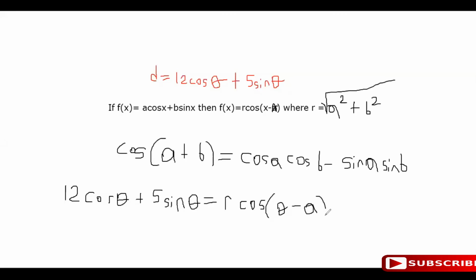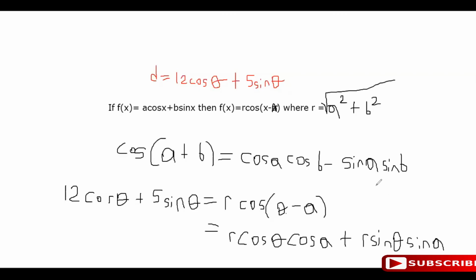So how are we going to find what r is? If you expand this right-hand side, we get r times the cosine of theta times the cosine of A